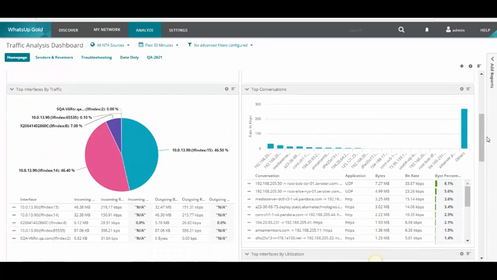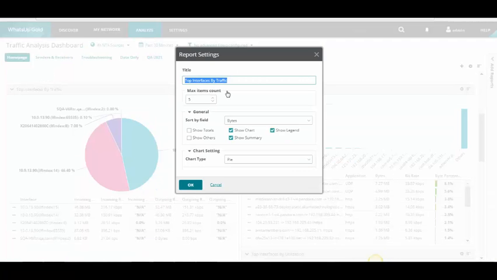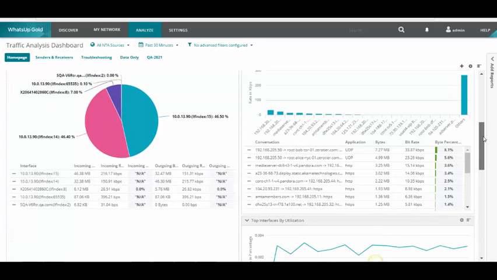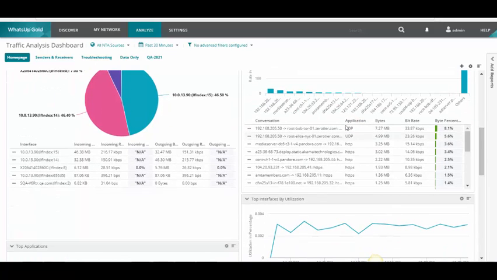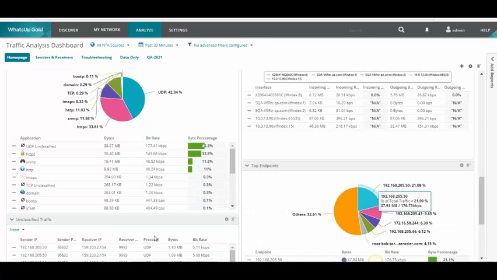Oh, I also have that in here another way to show you that you can set up these little reports that are in a larger report. We call them wuglets, but you can set up these little wuglets in whatever way that's going to make sense to you to view. So pie, vertical, horizontal, line, or stack. Top conversation, who's talking to who? What application are they using? What percentage of the bandwidth? Top applications, what are the top applications that are being used?